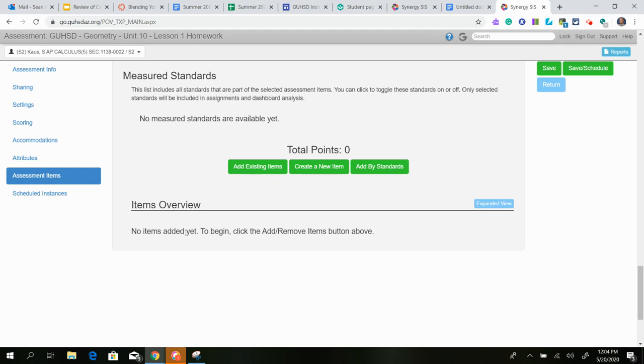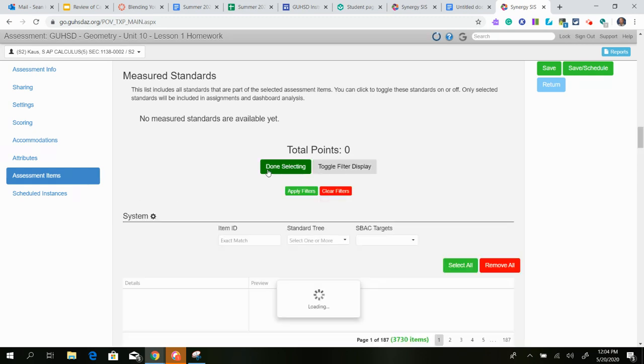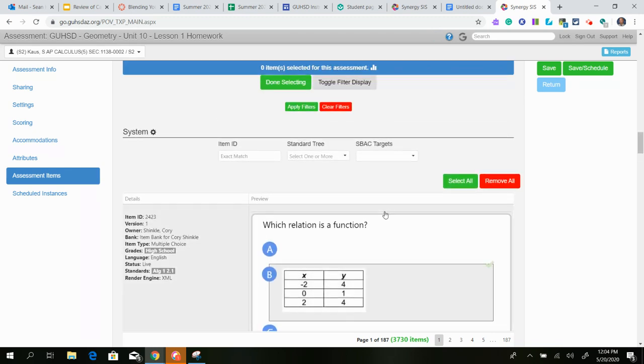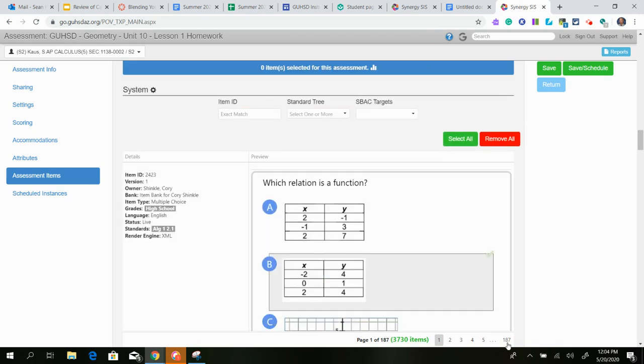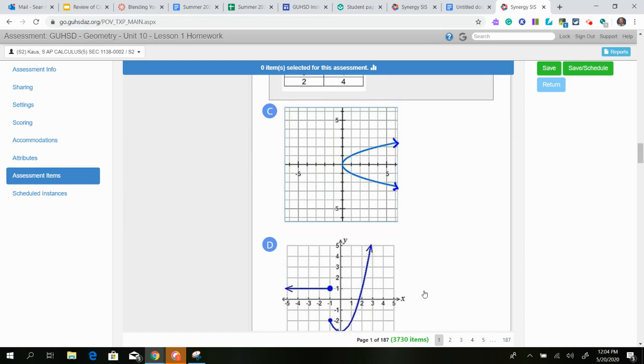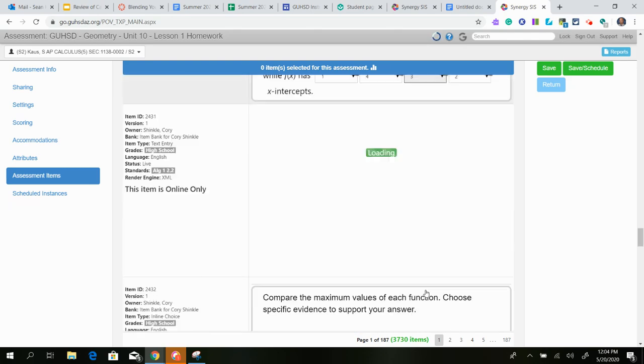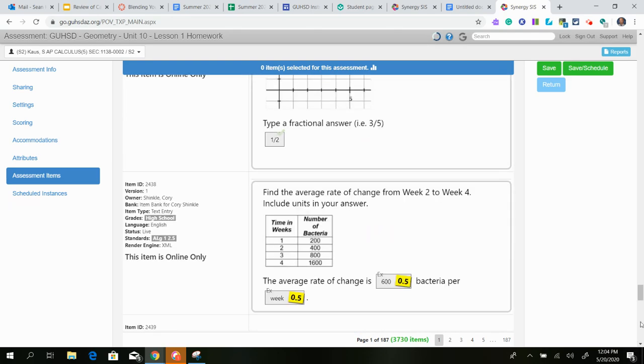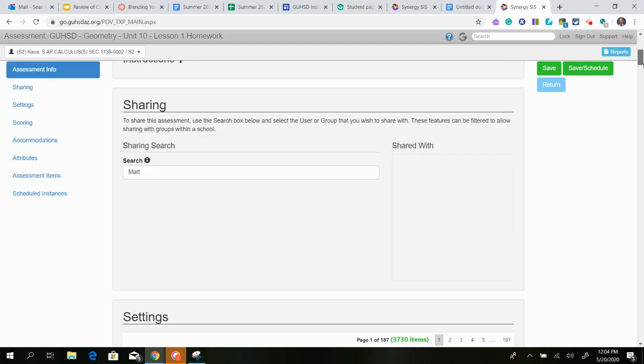It's gone and I got to start totally over. So that's why I suggest not doing it from here, but you can. But since we already created the questions, I would add existing items. So now you can see this is going to pull up all 187. I'm not going to go all the way down, but you can see all my questions,